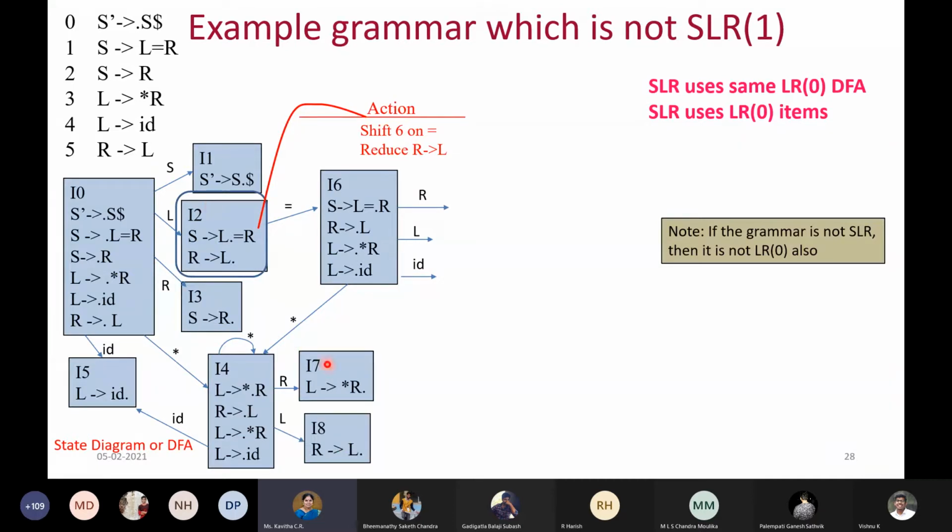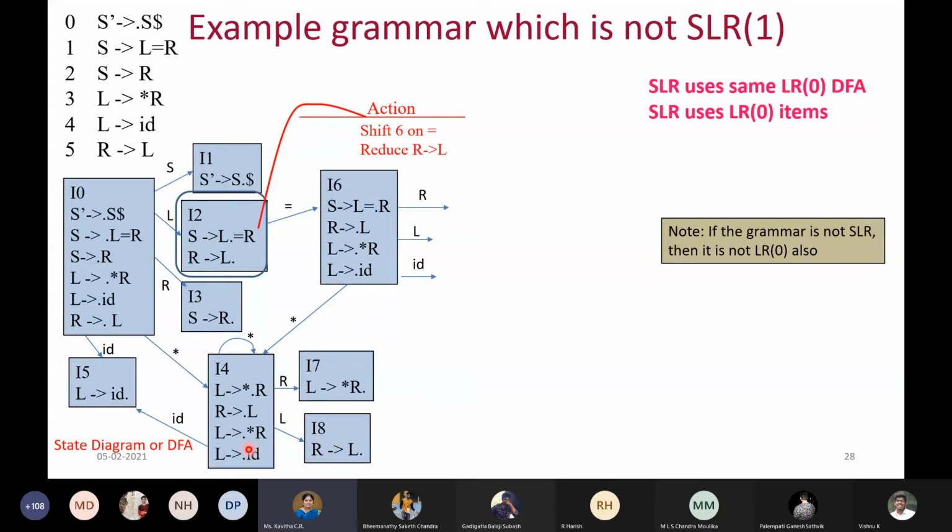Don't think that I2 and I8 are same. In the previous example also I wanted to tell you, maybe I missed it. This I2 and I8 are not same because I2 has got one more production. Each production rule is important, and the position of the dot is also important. So I2 and I8 cannot be the same, even though this rule exists here. Any time if you get a doubt, it is not same. It is exactly different. I2 and I8 are different because here we have two items, but in I8 we have only this item. So this is I8, it is a new state.